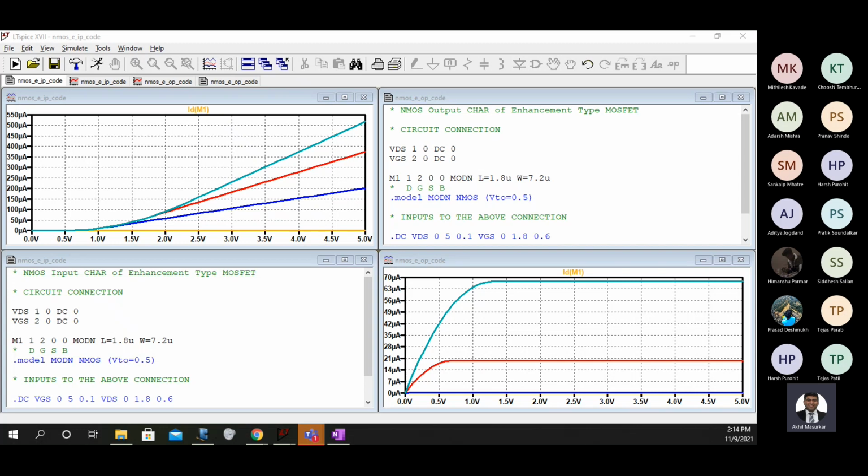Good. Now, those who have done it with the help of code, can they do it with the help of the schematic? Yes, sir.